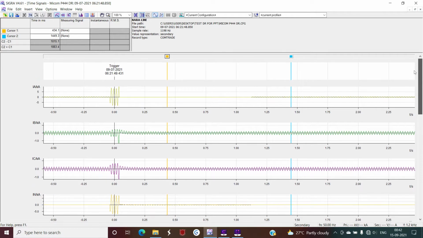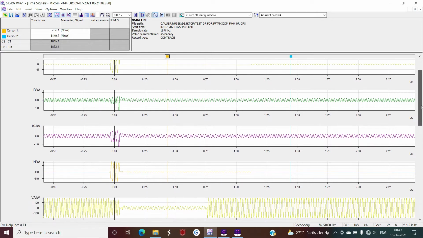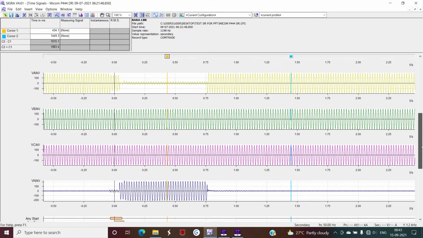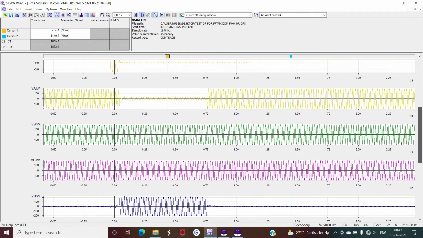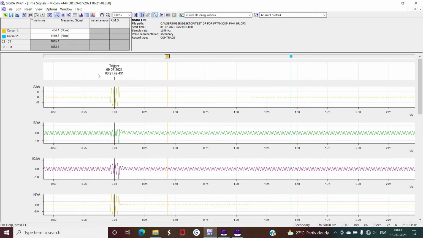So first of all, let us see here that in this case you have four analog current channels IA, IB, IC, IN, and four analog voltage channels VA, VB, VC, VN, and these are all shown in kiloampere and kilovolt. That means this DR is in terms of primary magnitude. And now if you see here,